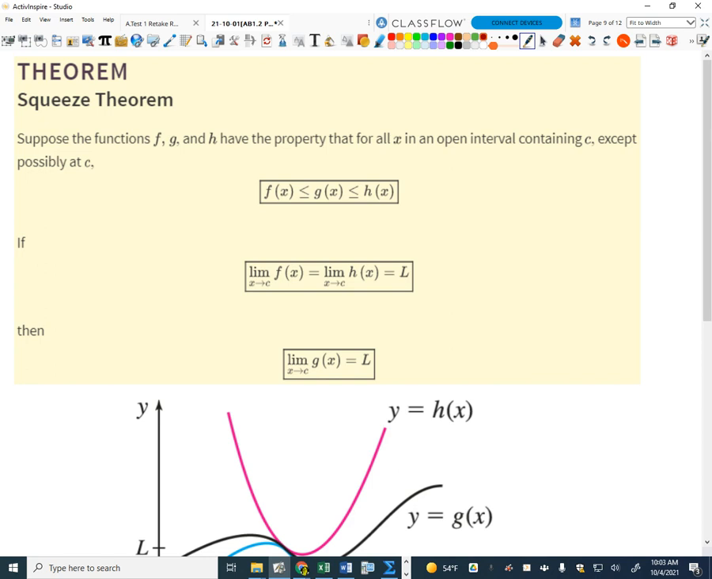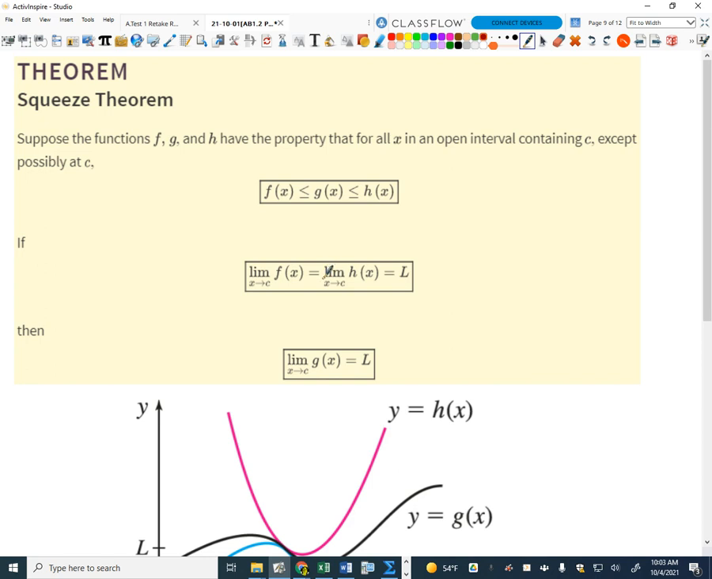and they have the following properties. They have the property that for all x in some open interval containing c, except possibly at c, one or more of those functions may not even exist at c. But for all the values surrounding c, these 2 conditions are true. If g of x is greater than or equal to f of x and less than or equal to h of x, for all values in this open interval, except possibly at c,